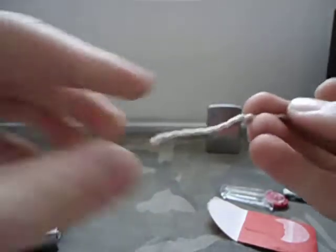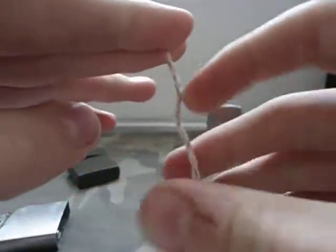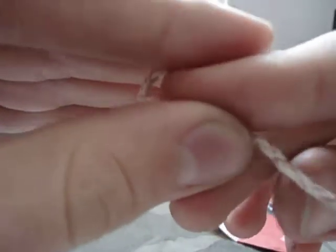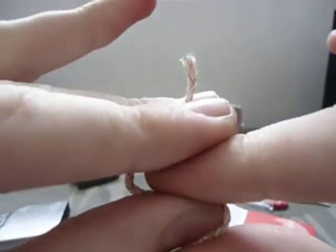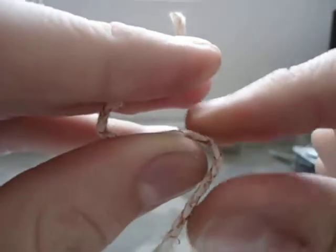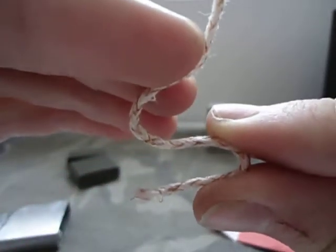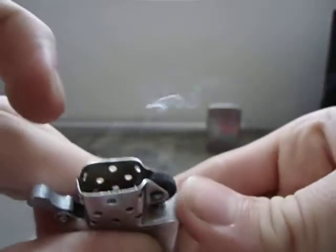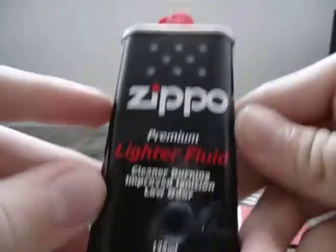So just take it out and show you. So this is the piece in the chimney. You'd fold it that way, one cotton ball here, one cotton ball there. So my finger and thumb represent cotton. Okay. And this top bit is the chimney. This is the bit that will actually be exposed to burn. And my fingers represent where the cotton would be, and that's how you'd fold it in a sort of S-shaped sequence. And then once that's in there, you'd just put the felt pad back on, and then that'd be all okay to go. And then all you'd have to do then is fill it up with Zippo fluid, lighter fluid here,